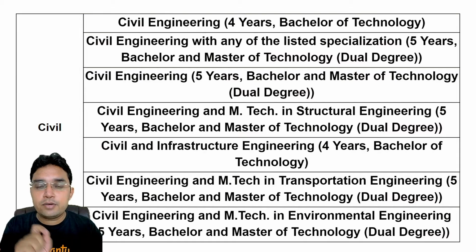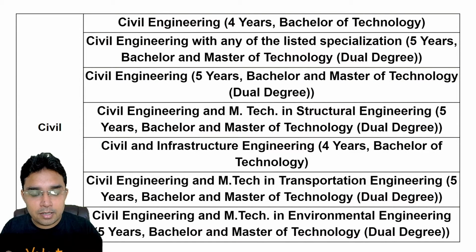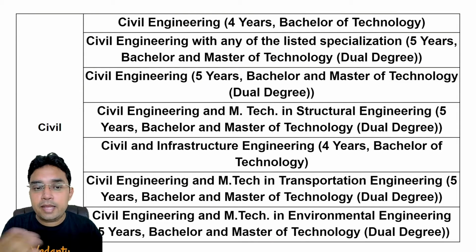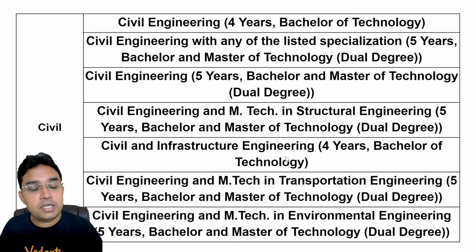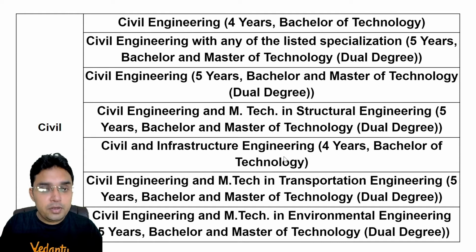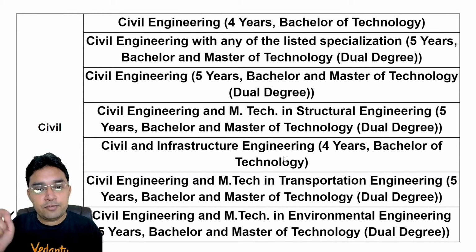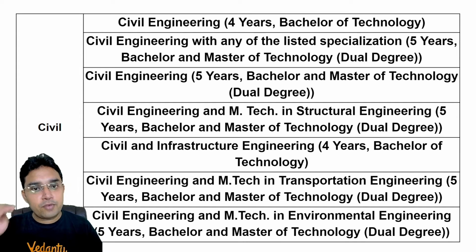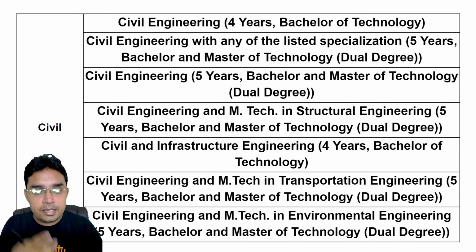Suppose you select one branch tag known as civil. It will cater to different civil engineering branches present in IIT, NIT, and GFTIs with slightly different names also. Like civil can cater to civil engineering, and it can cater to civil and infrastructure engineering also. So if civil engineering is present in different colleges with a slight difference in name, we have clubbed these branches into one and kept them under one branch tag, let us say civil.